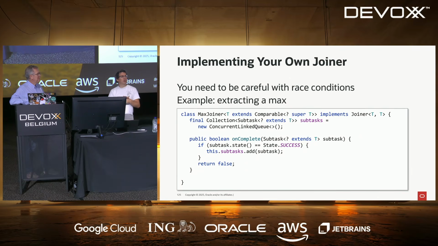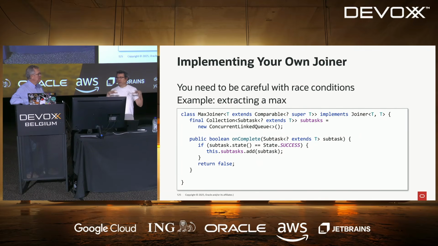So you don't want to do it that way. Basically, the API should be used in a way where you try to be as lightweight as possible inside the onComplete, and then you do a post treatment at the end and filter the result you want.